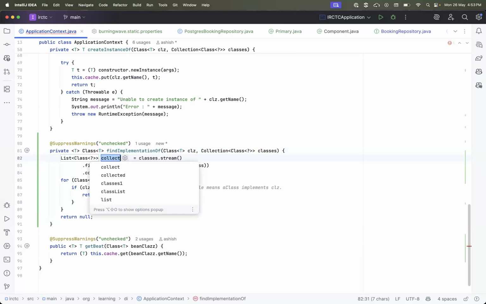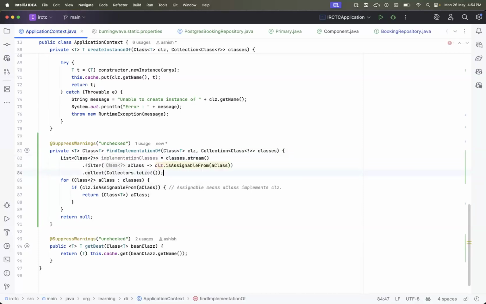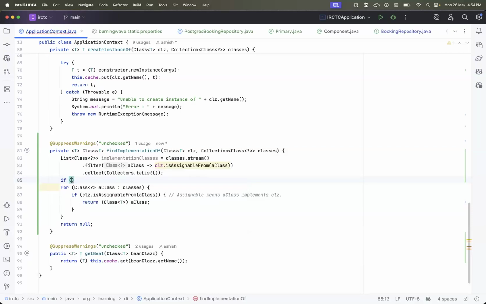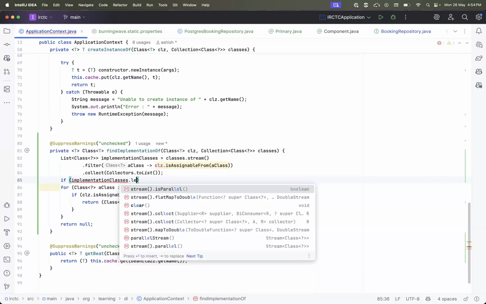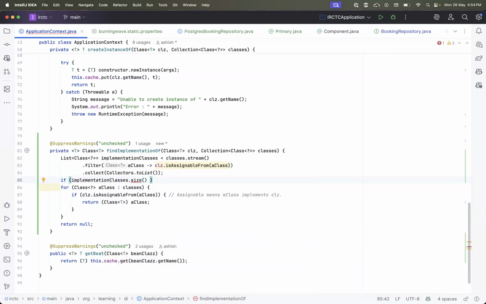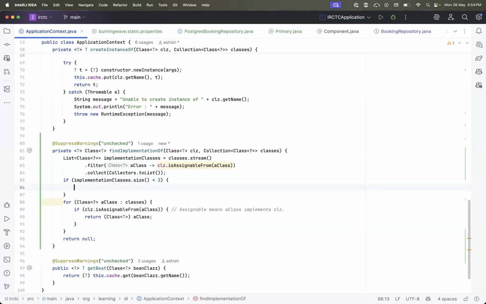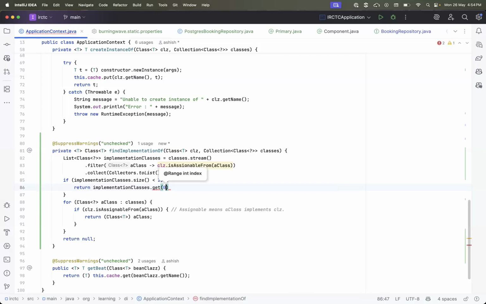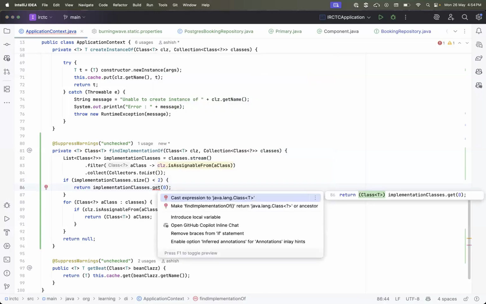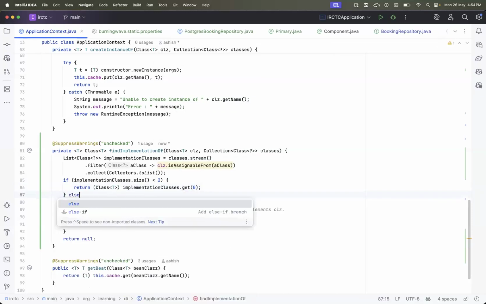Let's take this implementation classes. Now if implementation classes size is less than 2, then we want to say return implementation classes get 0. Otherwise,